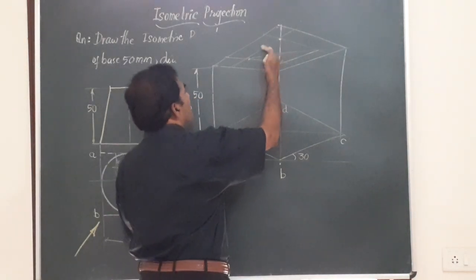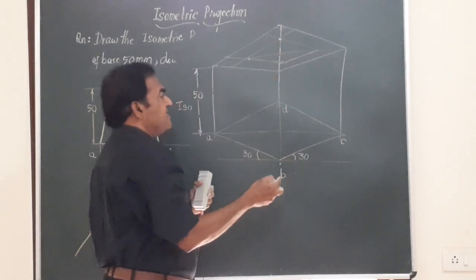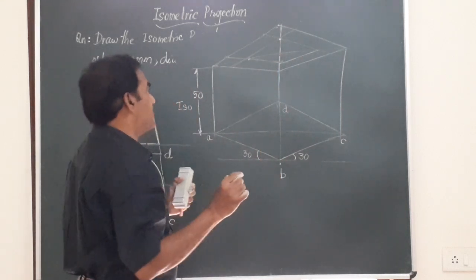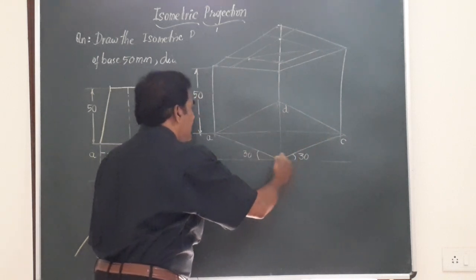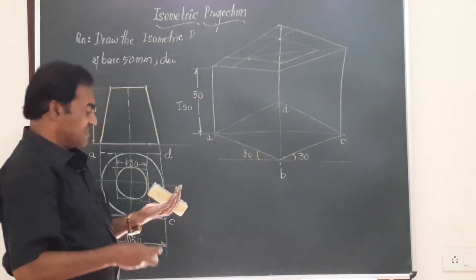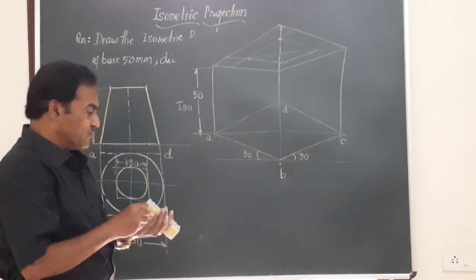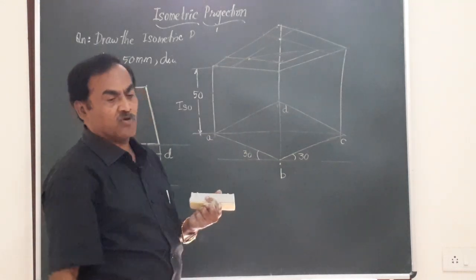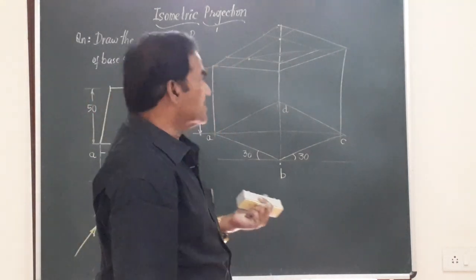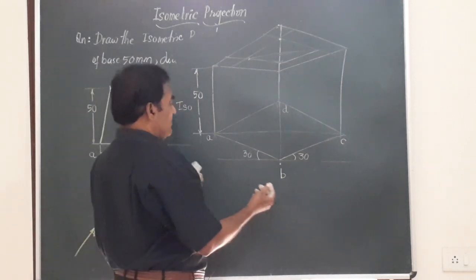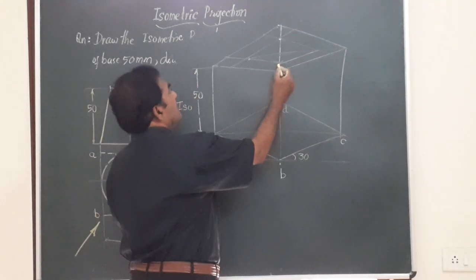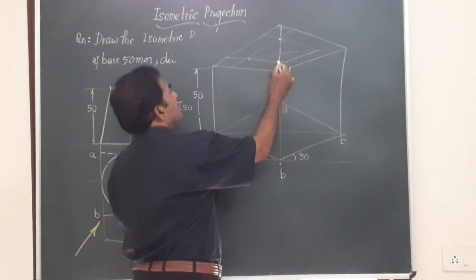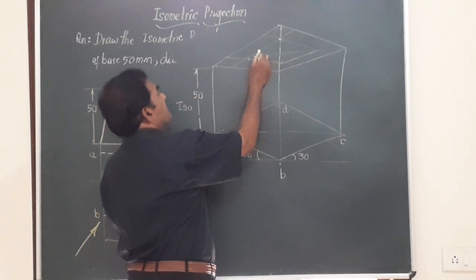So this is the top face wherein you are going to get a small ellipse for the top face. For the bottom face you are going to get a larger ellipse in this box ABCD. So here the most convenient way to draw the ellipse is by 4 center method. You know very well how to get the 4 center method. Suppose if you want center 1, this corner is joined to the center of the opposite side.